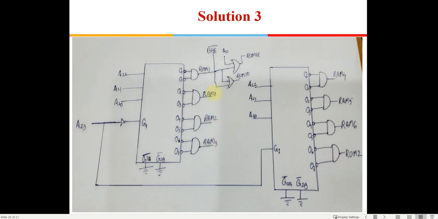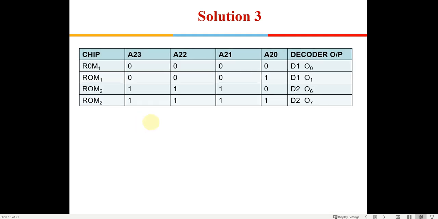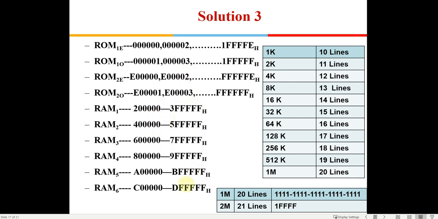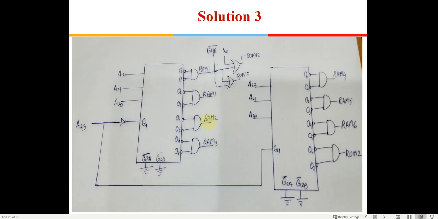This circuit is shown only for one particular output, one particular ROM, but it will be available for each of them, because if you see our initial design, they are all 2 MB RAMs consisting of one even and one odd. So all of these outputs will have BHE and A0 to decode within the even and odd signals. That is not shown here, but you need to draw it, or indicate that this is going to be there for each of these outputs. Is this okay? Is it clear to all of you?